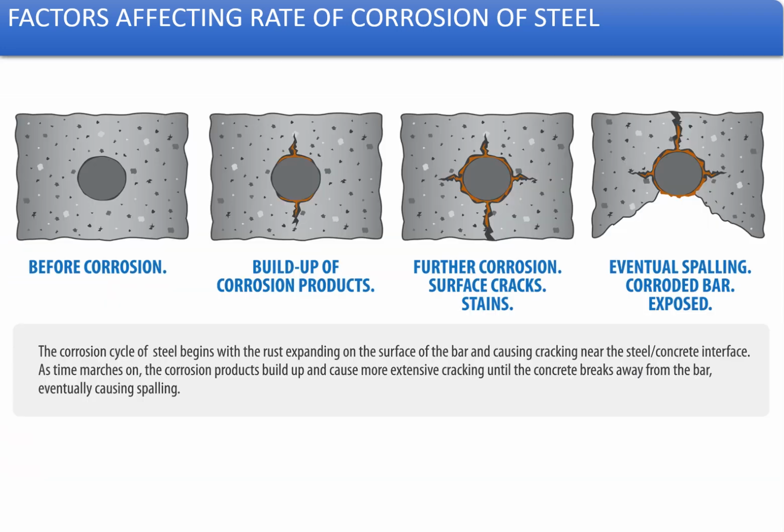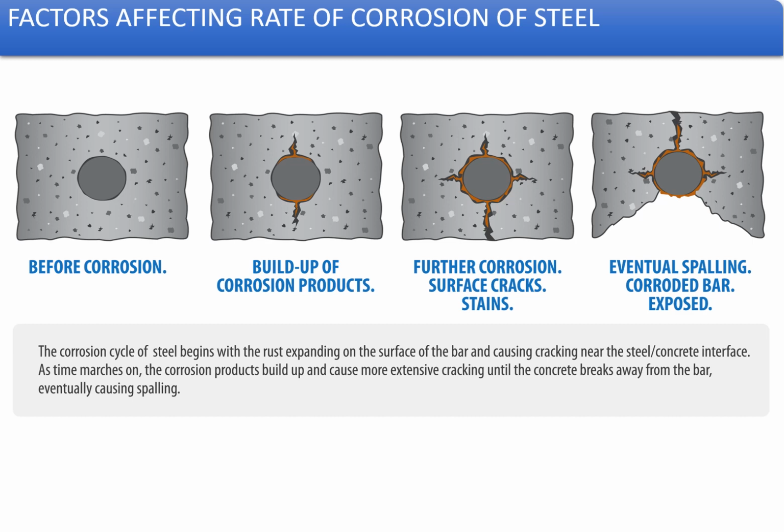The other form of steel corrosion, if you see: before corrosion, the concrete block or the concrete section along with the steel should look like the figure shown on the extreme left. Then as soon as the corrosion starts, you can see the red marks on the second picture, which start building up as corrosion product, and as it moves further and further in both the X and Y directions, cracks are developed, and then finally eventually spalling of concrete and corroded bars exposed to the reinforcement.